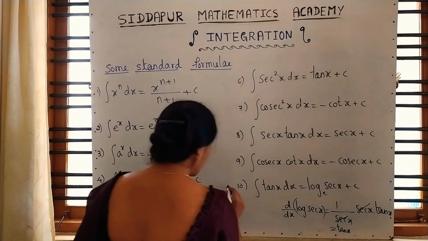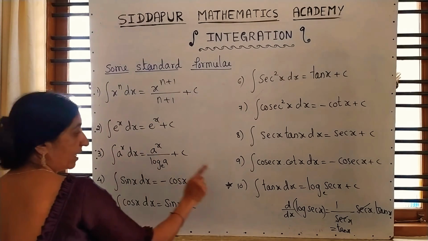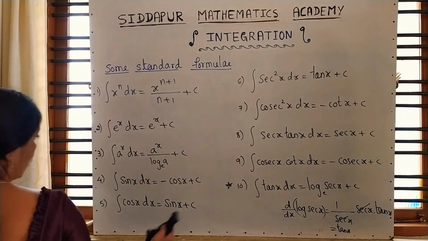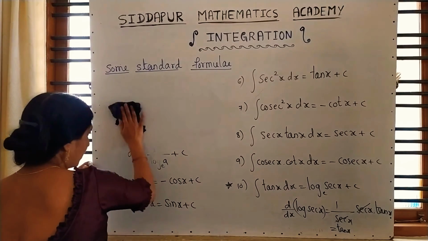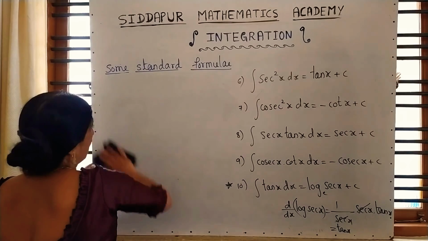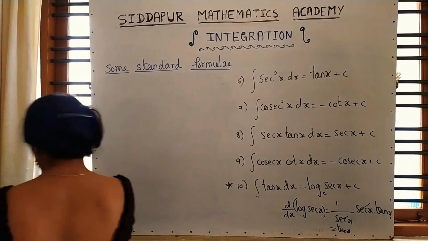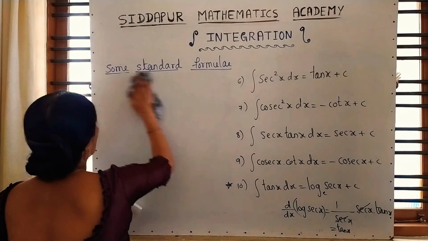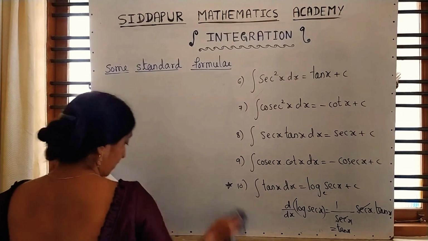And students, please mark this. I am giving you a star mark because we are deriving it as a formula after one exercise. I am giving you 4 formulas here. Mark all the 4, because wherever I am writing a star mark, we are deriving that in the next class, that means after some 2-3 exercises. They are formulas, but afterwards we have to derive them. In the examination, they can ask for a derivation in 1 mark or 2 marks.